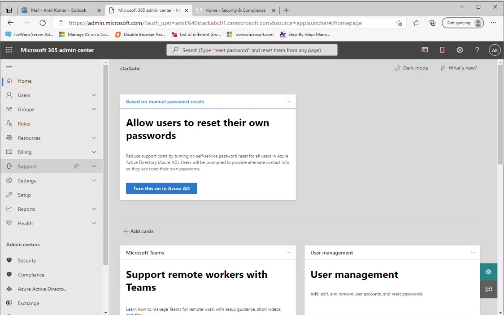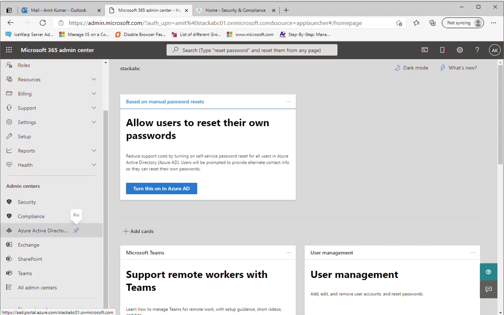on the show all. So we can see there are various other admin center tabs available inside the same Microsoft 365 admin center, and these tabs provide various kinds of options and various kinds of tasks which we can perform. So for adding a dynamic distribution list, we need to click on the exchange,